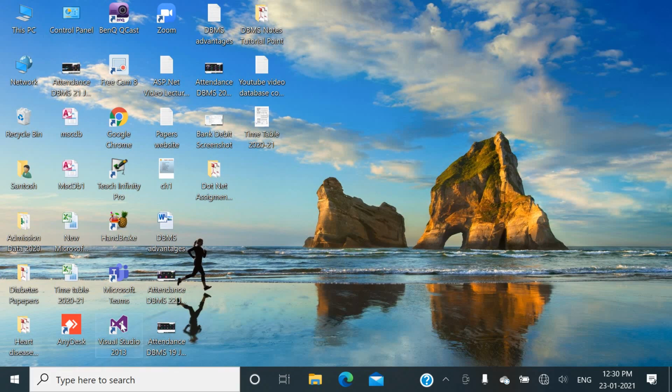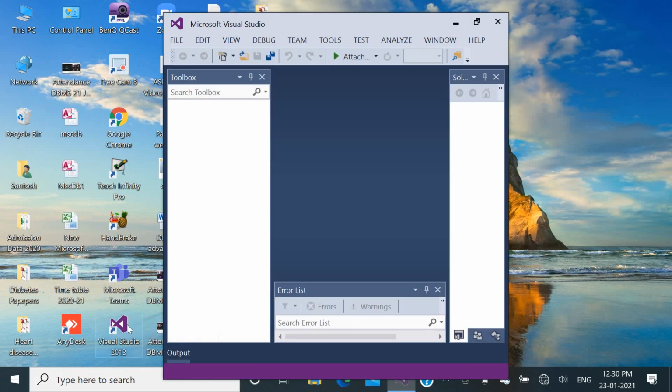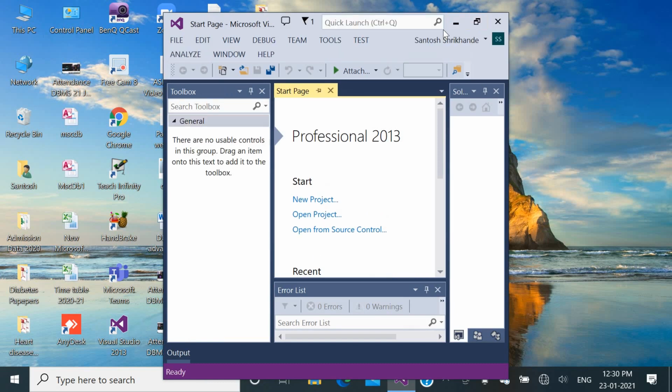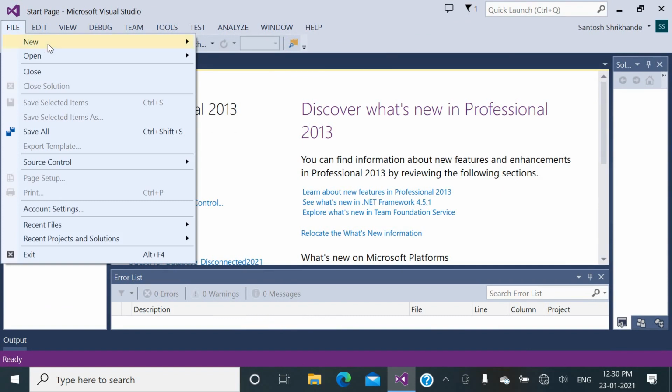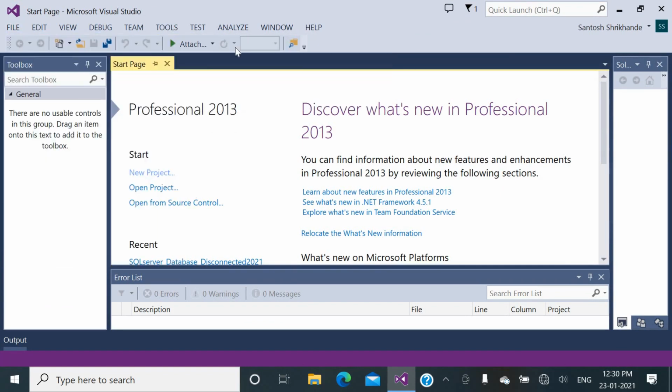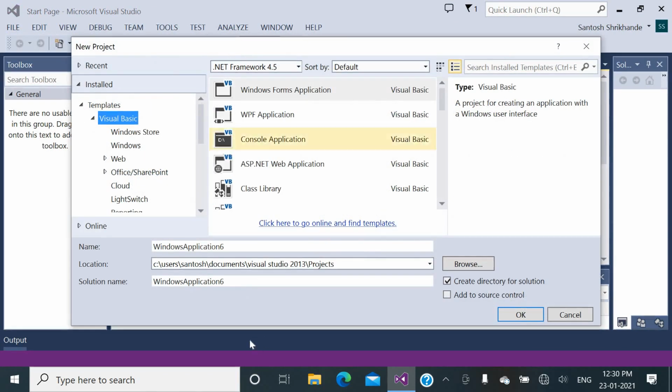So click on it, then go to New Project and open the project. Here we are going to connect the Microsoft SQL Server database with a Windows application of Microsoft Visual Basic .NET.